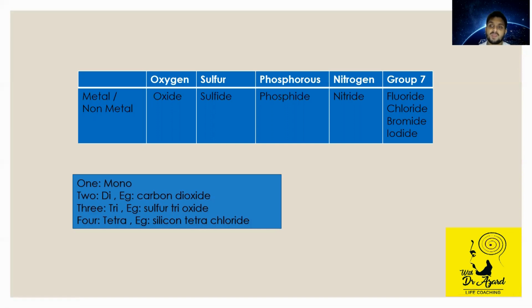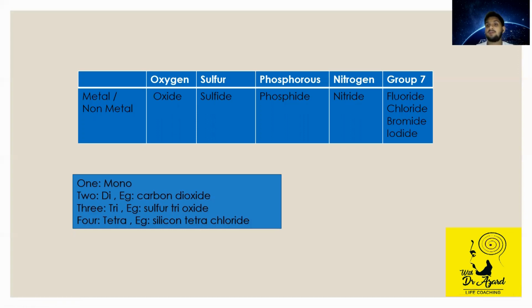Now this is the simple part. Basically these oxide, sulfide, phosphide, nitride, we can just write them like this only if they are reacting with one oxygen, with one sulfur, with one phosphorus, and so on. Then we are just able to write these names. Like I said, sodium oxide, sodium sulfide, sodium phosphide, sodium nitride, like that.